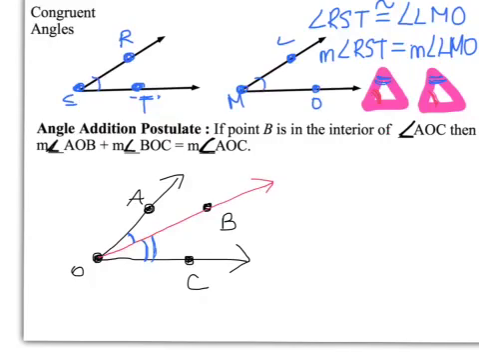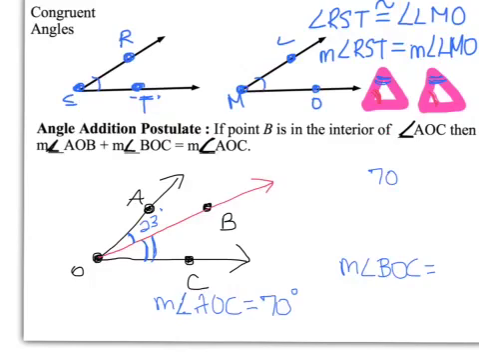So let's say the measure of angle AOB was 23 degrees, and the measure of the entire angle, the measure of angle AOC, is 70 degrees. In order to find out the measure of angle BOC, we would have to do 70 minus 23, and that would give us 47. So angle BOC must equal 47 degrees. Now there will be times where you're using algebra in order to solve these. So let's say